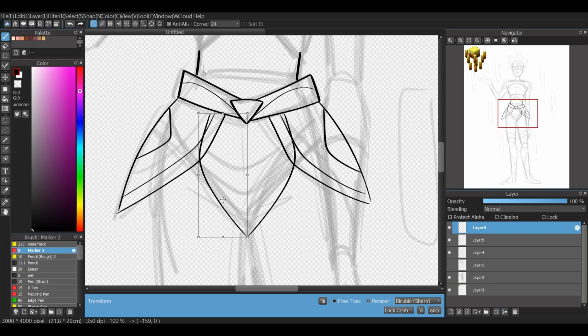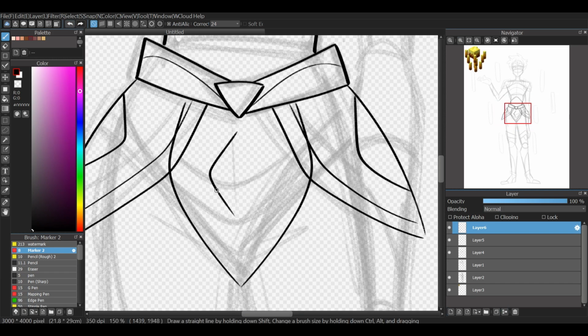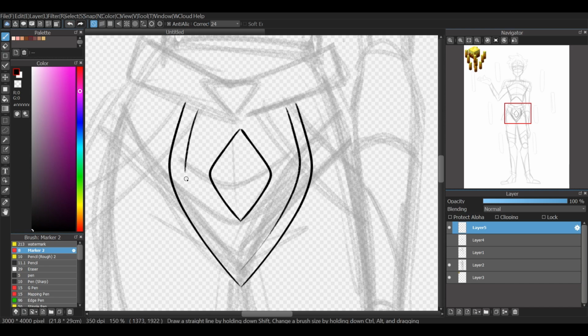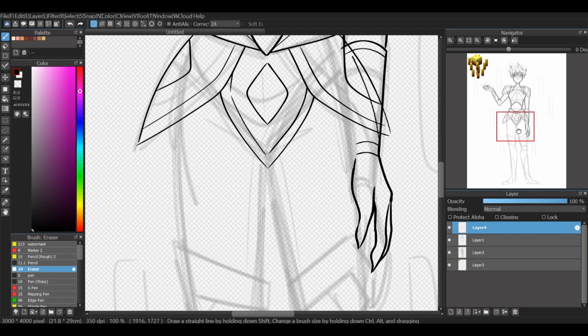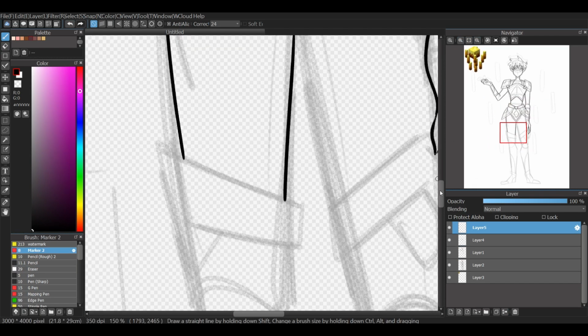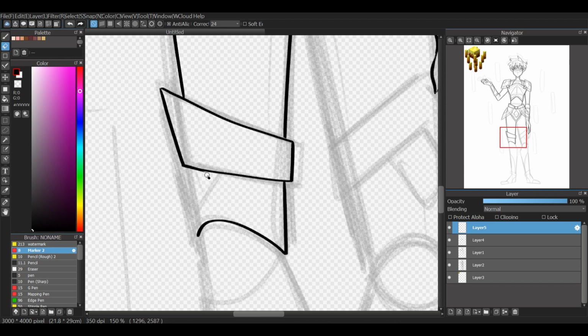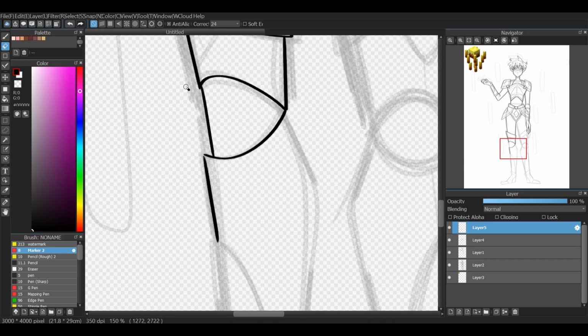This one was the longest one out of all of them. This one took me, I think, almost an hour to make. The other ones took me around 30 minutes to 40 minutes. Normally, I'm a very fast artist. I don't really take a lot of time when I draw because